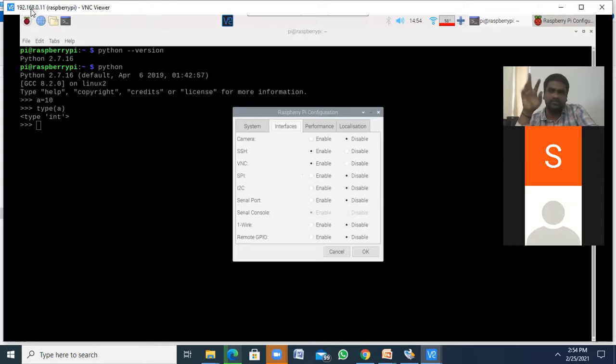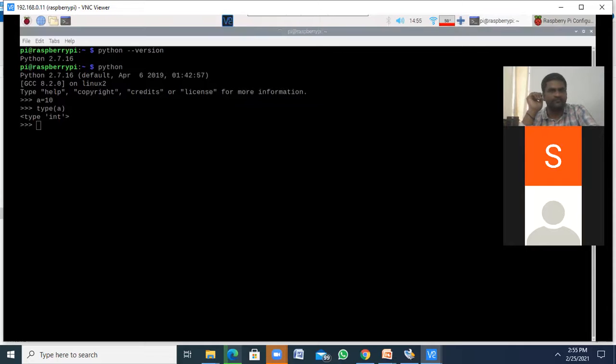So there is a problem. The Wi-Fi is a different network, and the LAN is a different network, so there is a problem with accessing that. So what happened? I changed this laptop to Wi-Fi. Then it connects. So whatever the client and server are, they should be in the same network. So this is the way we are going to access it by using VNC.